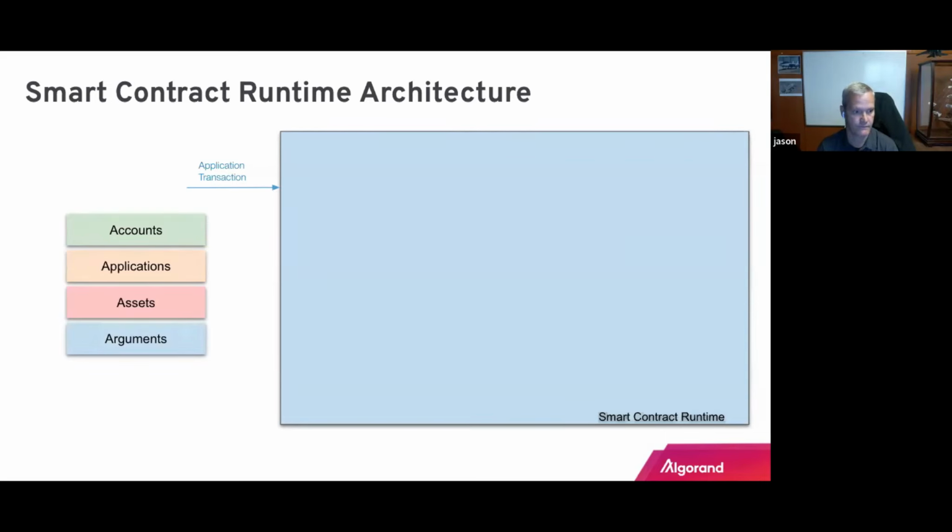Now, you can have up to 16 arguments, 2 kilobytes of data in the arguments array. It's just for standard arguments that you want to pass to the application, to the smart contract. What these do is restrict how much of the ledger the smart contract is allowed to read. And the reason we do it this way is Algorand has extremely high performance and is getting ready to get a